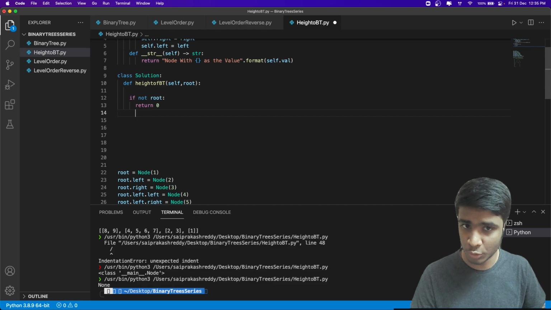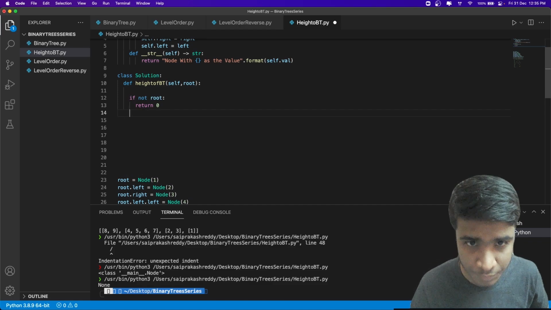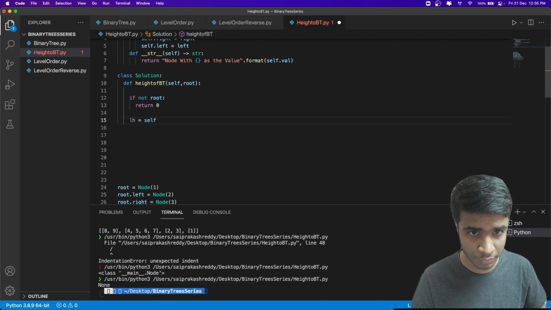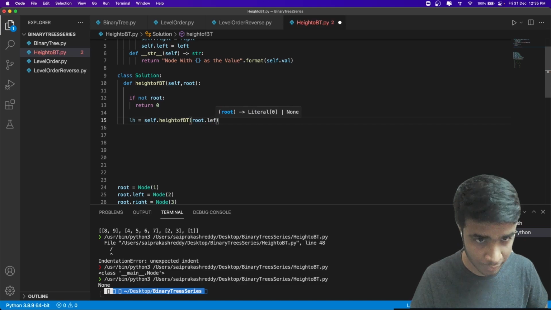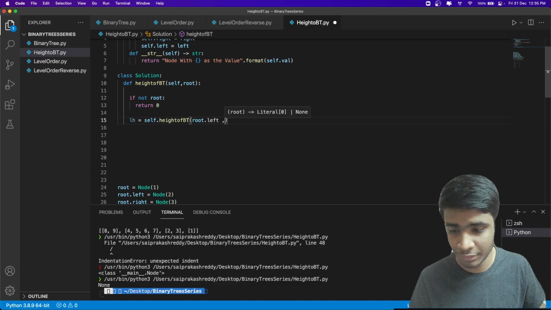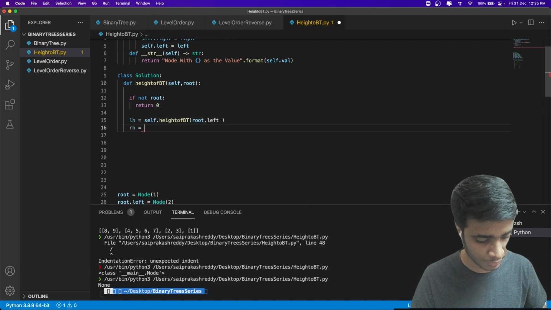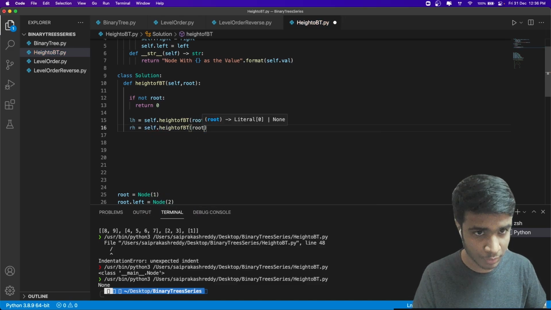Because it doesn't contribute anything to the height. But if that's not the case, in all the other conditions, I would find left height, and that would be self.height_of_binary_tree, and I would call it on root.left. So I would be finding out what's the height for the left tree, and we'll also do the same thing with right height. So it would be self.height_of_binary_tree, and I would be doing it on root.right,